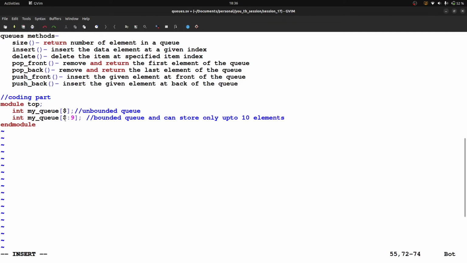Okay, so it will count from 0 up to 9. So 0 to 9, the total number of elements will be 10. So that is the way we can declare queues actually, right? This is called a bounded queue, because we are putting some limitation on the growing and shrinking capacity of the queue, and this is called an unbounded queue, right? It means it can store any number of elements.